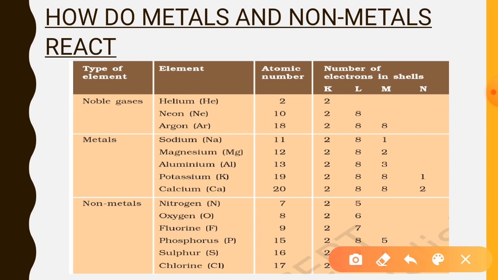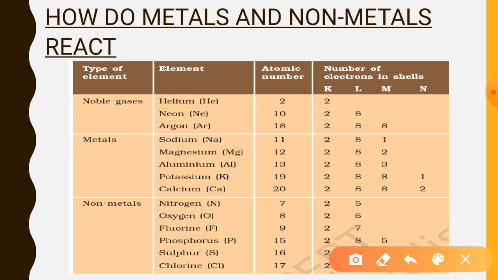We are aware of electronic configuration, the arrangement of electrons into various shells. So, K shell has a maximum capacity of 2 electrons, L has a maximum capacity of 8 electrons, and similarly. In previous years you have studied these things, so let's discuss it. Students, now look at helium. Helium has atomic number 2 and K shell is completely filled.